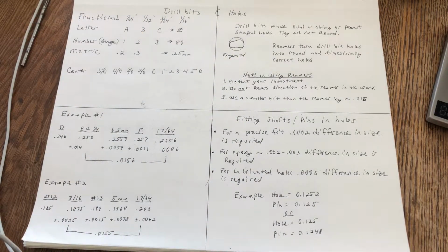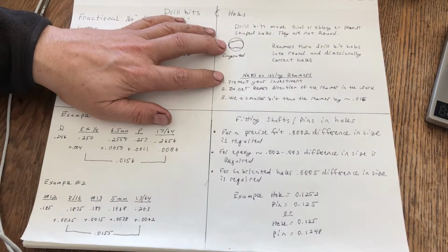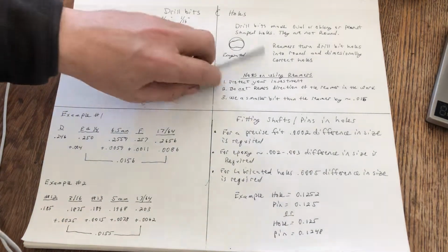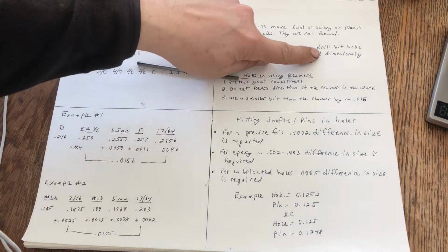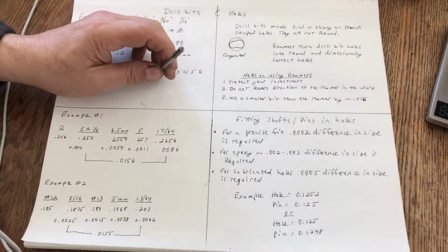So if you don't believe me, go talk to a machinist. He'll tell you straight up, drill bits do not produce round holes. How do you produce a round hole? That's a good question. You need a reamer. A reamer will produce a round hole and very dimensionally correct, because these are precision ground, and if you buy good ones,